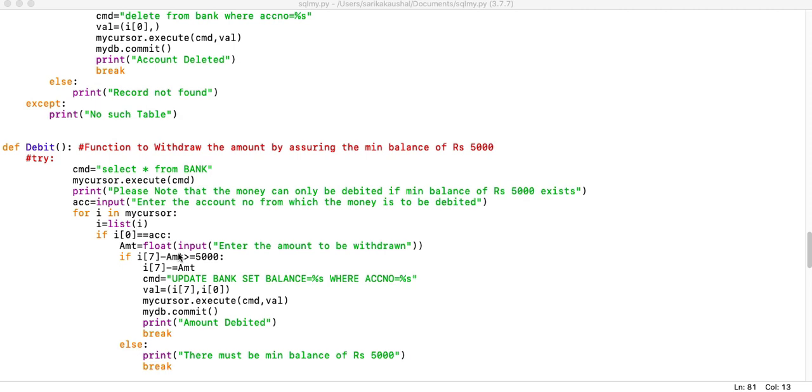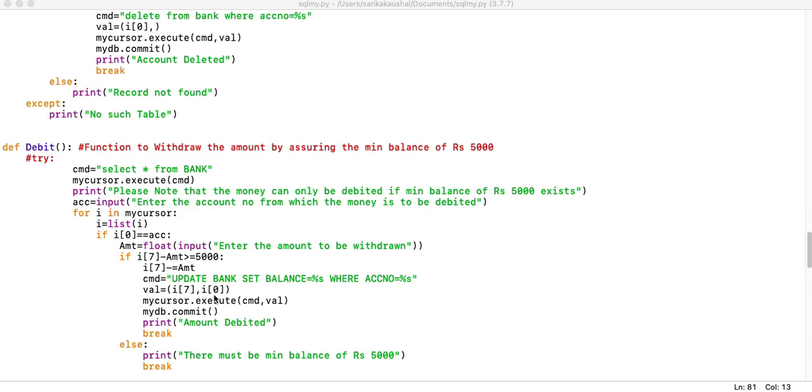Now debit and credit is something which is important for us to know. When we are trying to withdraw the amount, we are keeping one condition: if after debiting, the total balance which is left in the account is not greater than or equal to 5,000, then we are not letting the customer withdraw and we are showing the message.